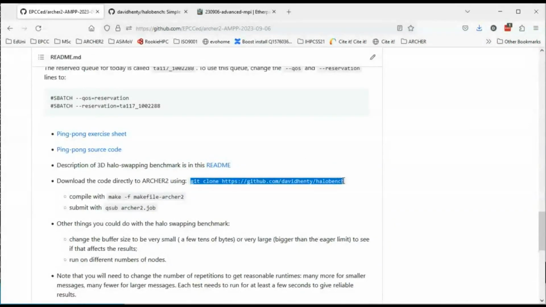For historical reasons, this is written in Fortran, and so that may not suit most of you. But hopefully, so we just do,